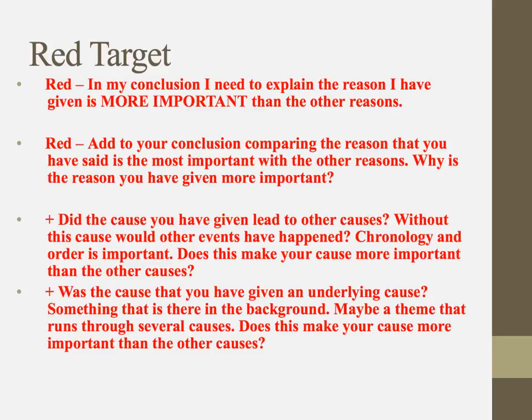So an underlying cause could be power here, the power relationship between the church and the king, and that the reason why Henry agrees to be whipped could be to actually, in a sense, give more power back to the Pope. These are quite complicated arguments, but the key element here is this one, more important. Why is the reason you've given more important than the other causes? Okay? And that's what I need to see you explaining.